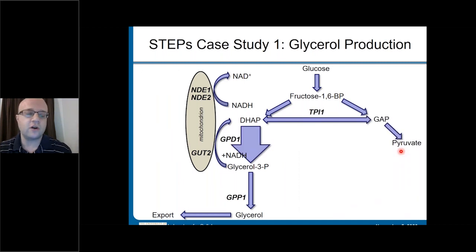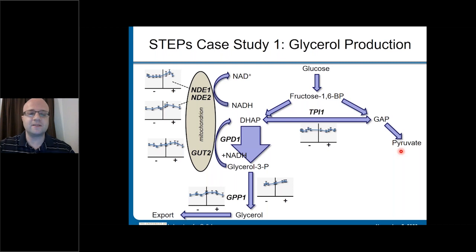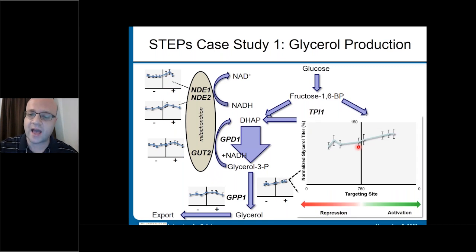So when we introduce strong overexpression into a background strain, and repeat the process now with the same exact guide RNAs that were sitting in the freezer, we get something that's a little bit different here. We notice that with TPI1, we no longer see that increase associated with strong repression, because now if we have a strong pull towards glycerol 3-phosphate, we don't want a deletion of TPI1. We actually want that reversible activity to be present. The rest of the targets are relatively neutral, with the exception now of GPP1, uniquely, which has an increasing correlation as we activate that gene, indicating that once again, this is the next rate limiting step of the process.